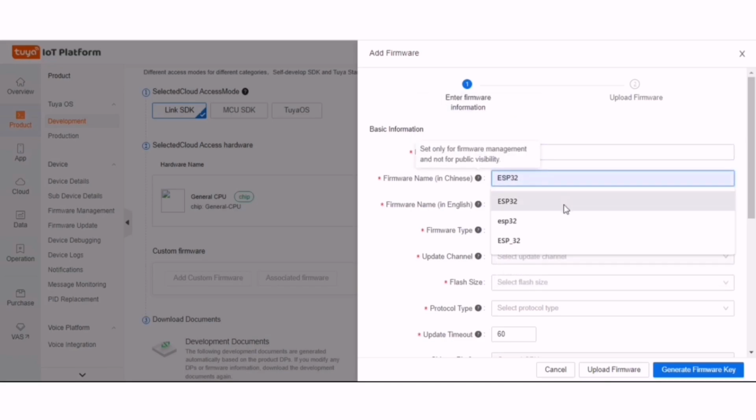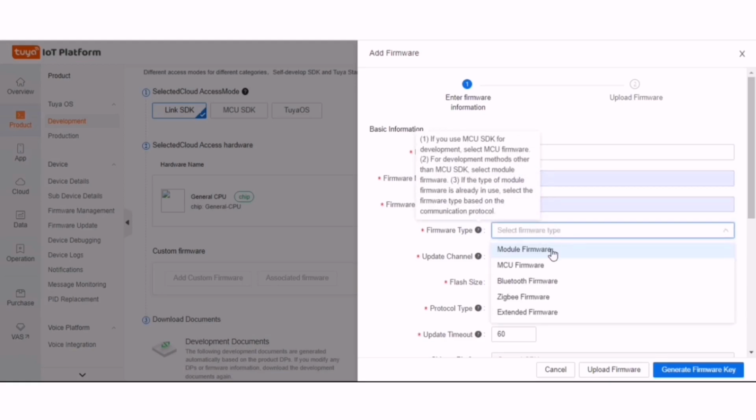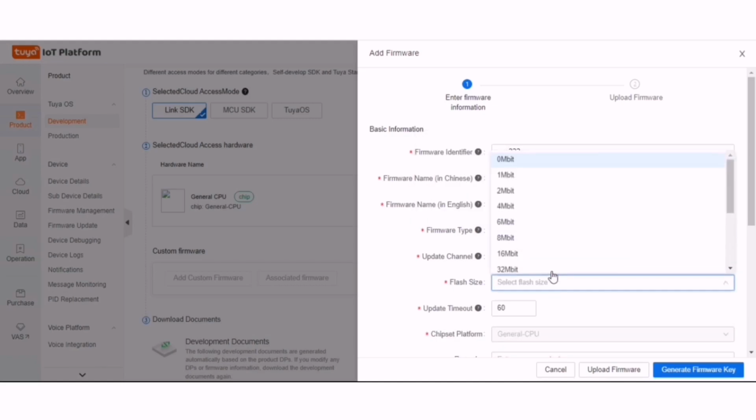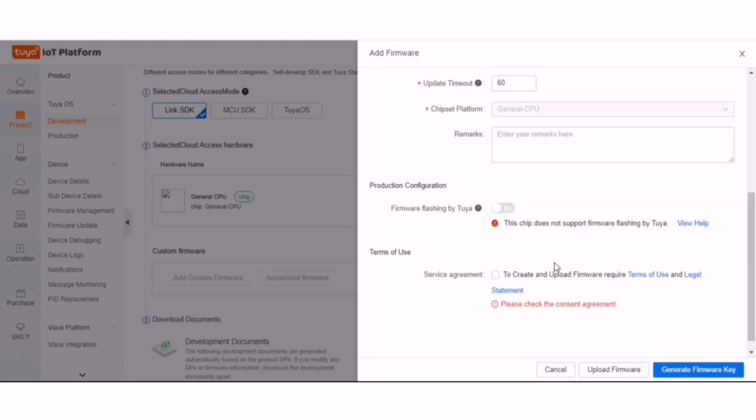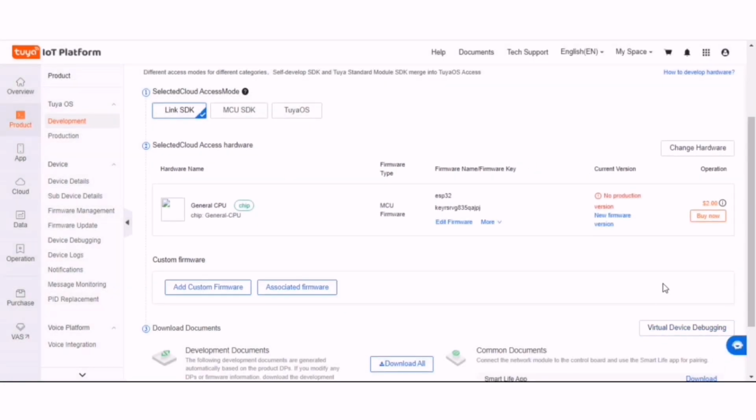Enter the name in Chinese, name in English, firmware type, MCU firmware. Select MCU firmware, flash size of ESP32 is 4 MB. Service agreement, click generate firmware key and download your two free licenses under this line.